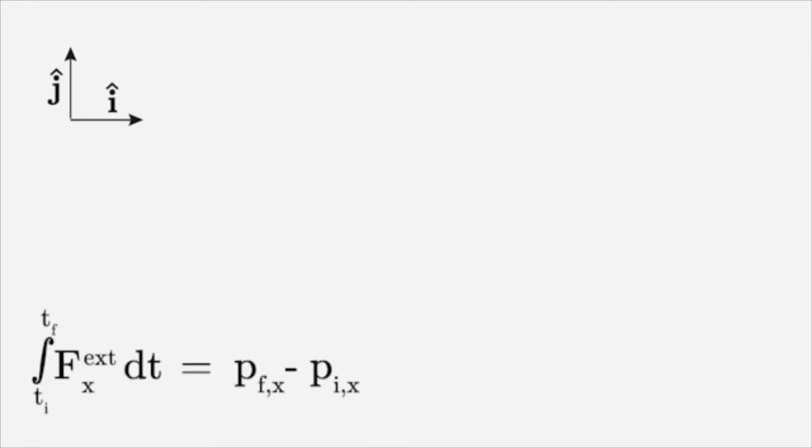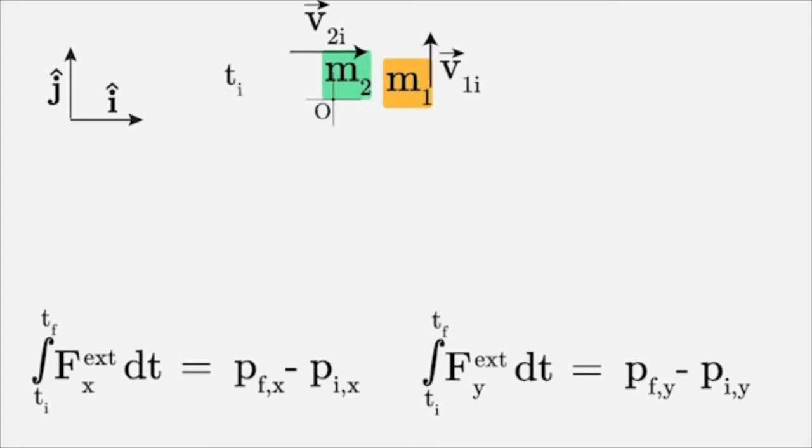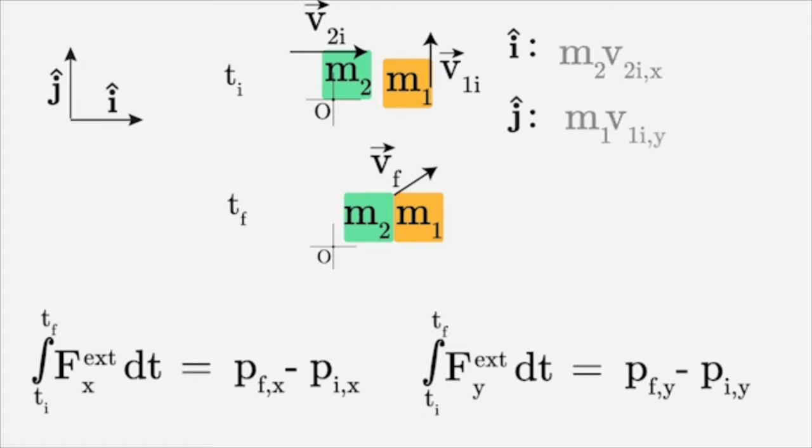Now let's look at a similar collision, one that's happening in two dimensions. If we have one block coming up from the bottom, hitting one that's coming in from the side, I'll choose my unit vectors to be like this, my origin here. The momentum equation gives us two equations, one along the x direction and the other along the y direction. Once again, I'll choose the initial state to be just before the collision and the final state to be just after the collision. The momentum in the initial state is again the sum of the momentum of each block individually,